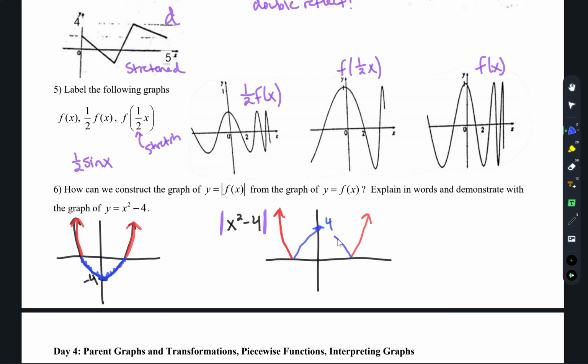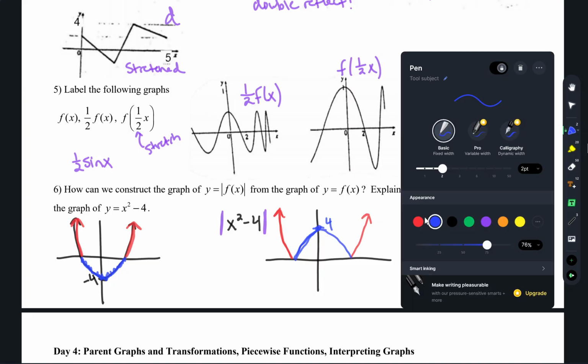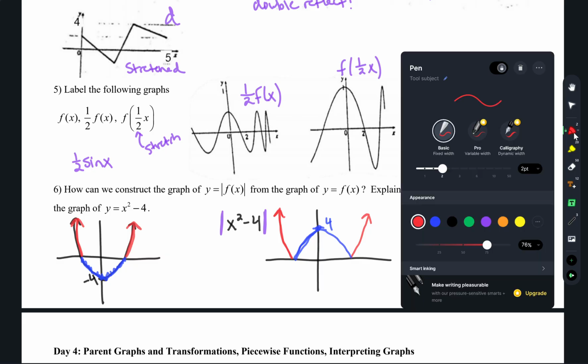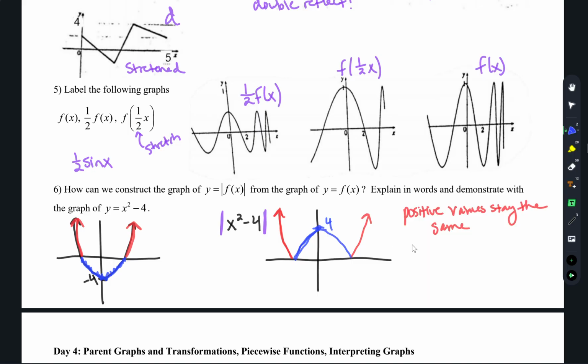So what you can conclude, even though it's not like a straight up rule, okay, for absolute value graphs, you can say positive values stay the same. And then negative